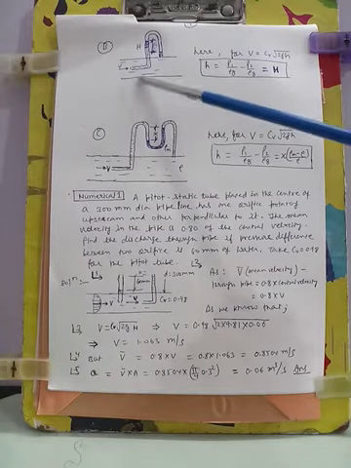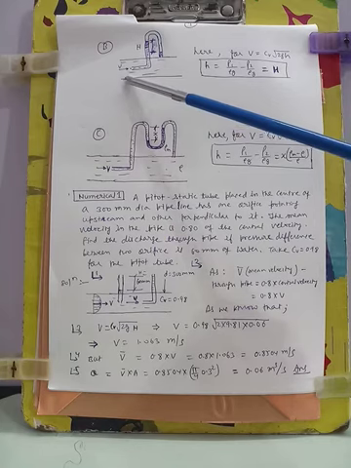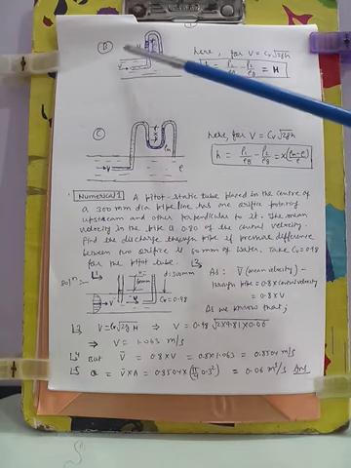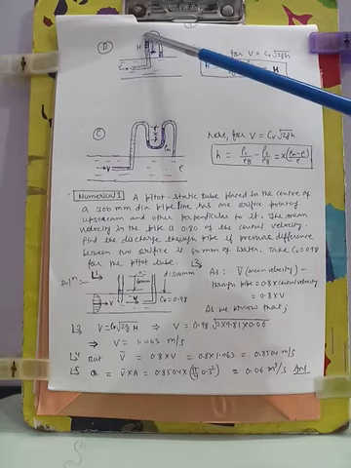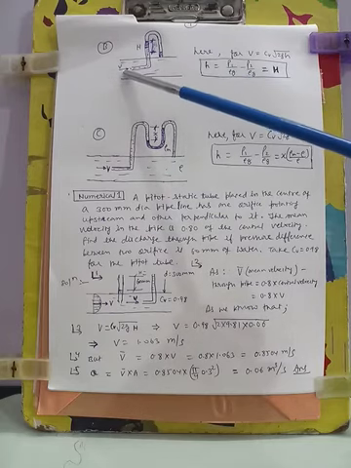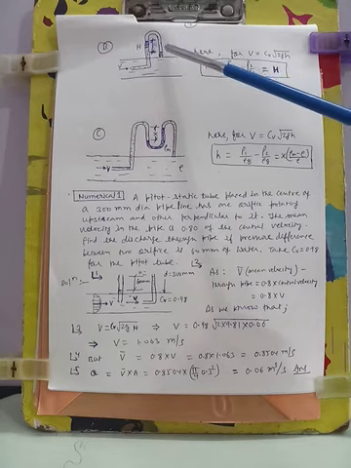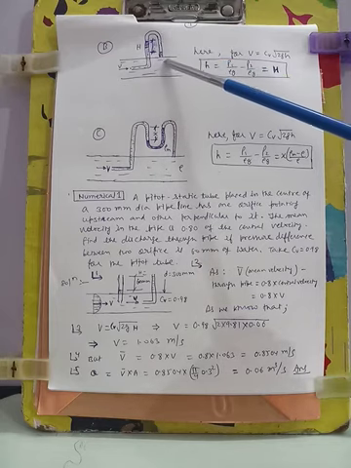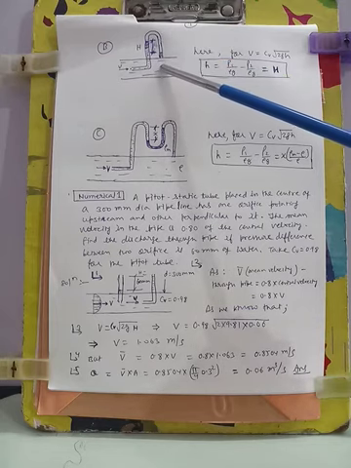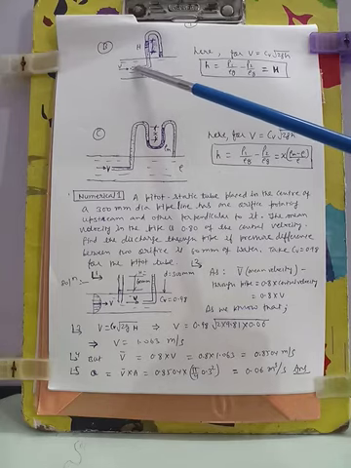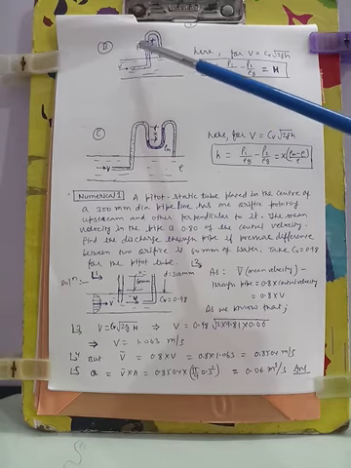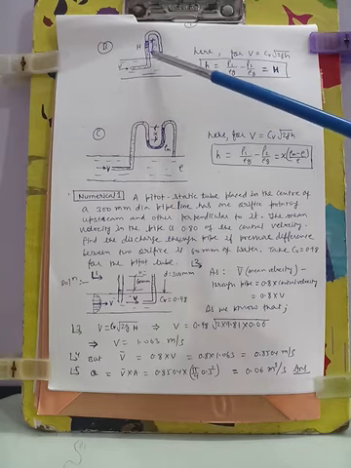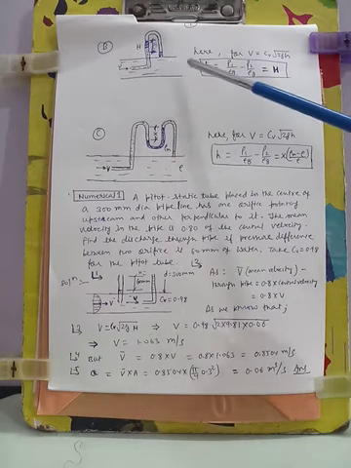This is the next arrangement of pitot tube to measure the flow at a point in a pipe. By using this shape of the tube we can measure the pressure head here and here. Here is the normal flow velocity of the fluid, and here the velocity at the point where we have to measure the flow of the fluid. So by using this arrangement we can measure the value of H.